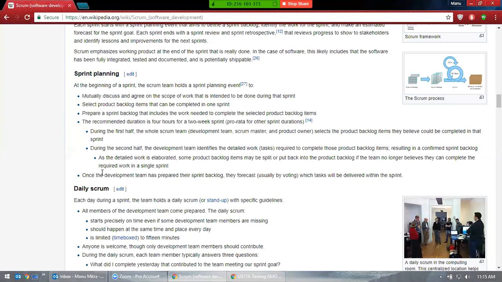Okay, and what they discuss, so here's the thing, they'll have this voting kind of thing, right? So that means, let's say we have one user story. Now they'll say this user story has to go, Scrum Master says how many days you require for this. The developer will be having more knowledge, so they'll say 5. That means if they say 5, that means 3 days for development, 2 days for testing. They also include testing. They will not say it individually, right? Most of the time that will be just a scenario. Okay, this is one kind of scenario.